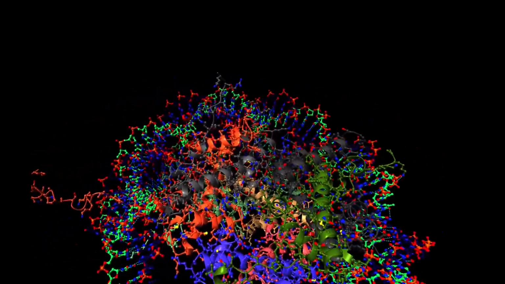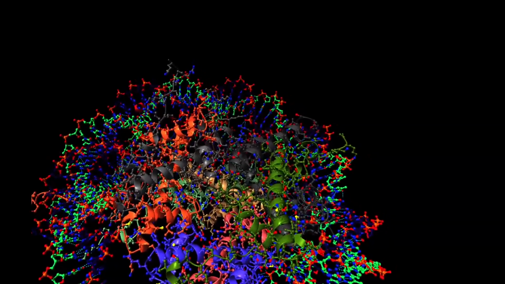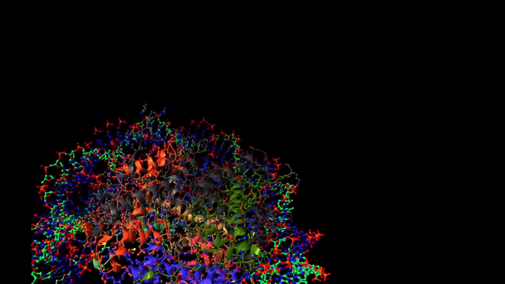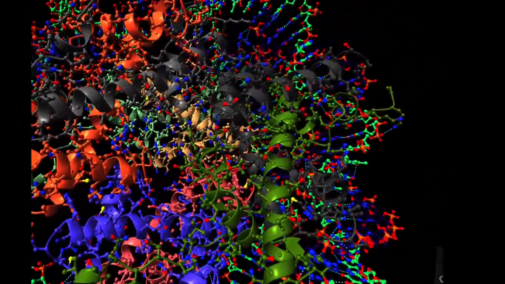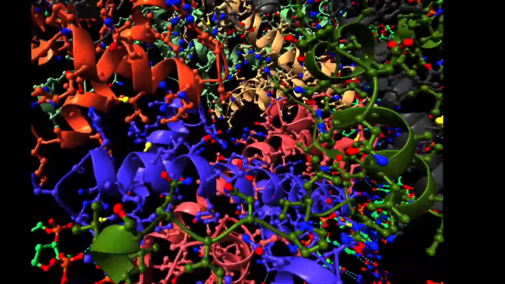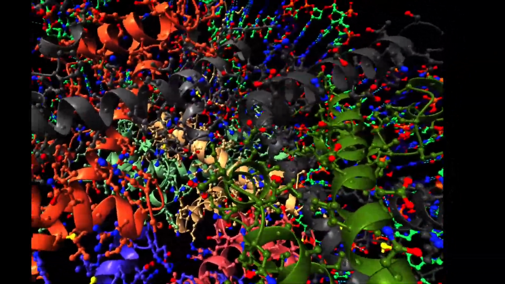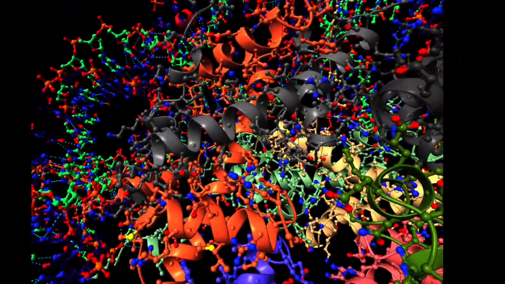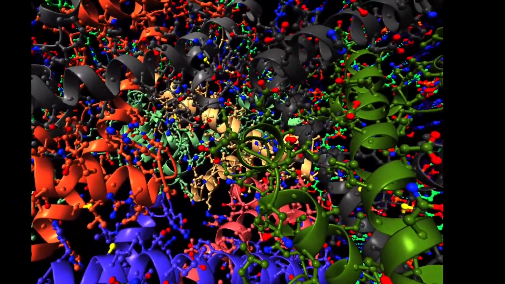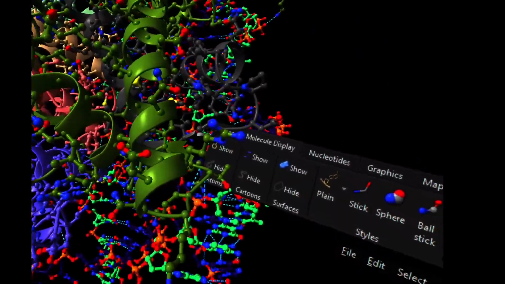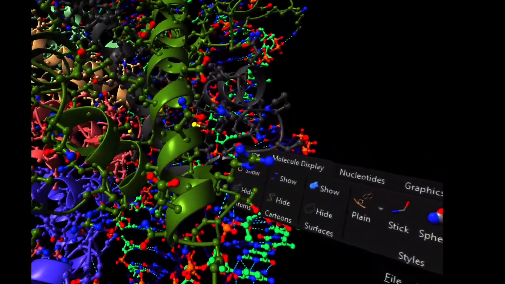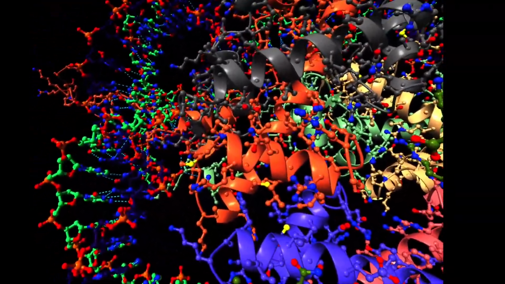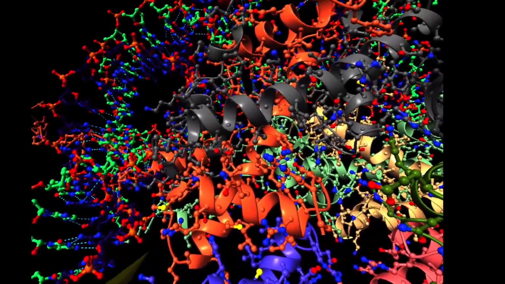So if we add that acetyl group to any of the amino acid residues, usually it happens with hydroxyl group amino acids such as serine, threonine, and tyrosine. So that hydroxyl group reacts with the acetyl group and releases a water to form a covalent bond. So that confers a negative charge to the